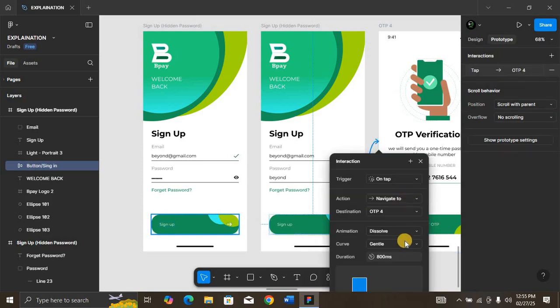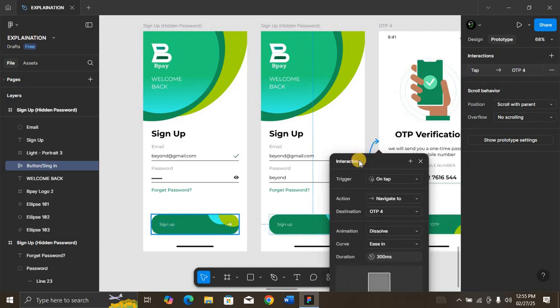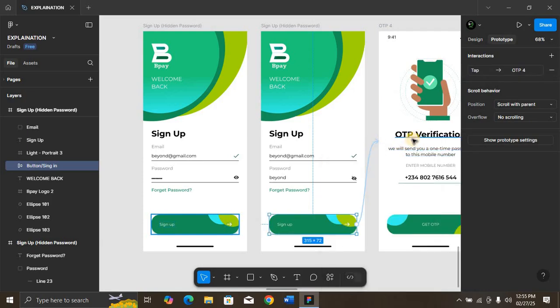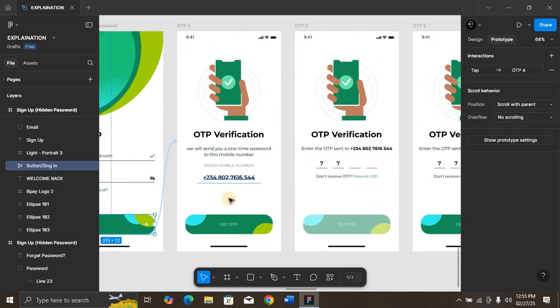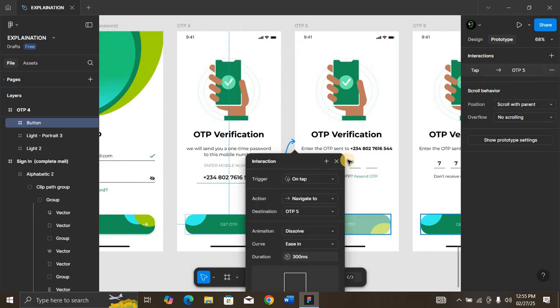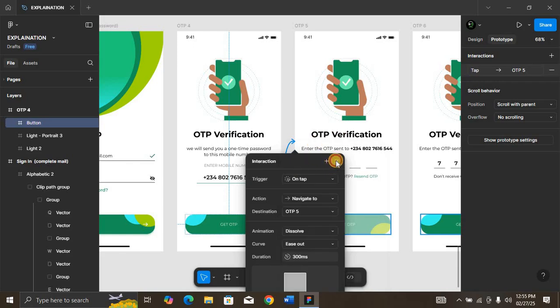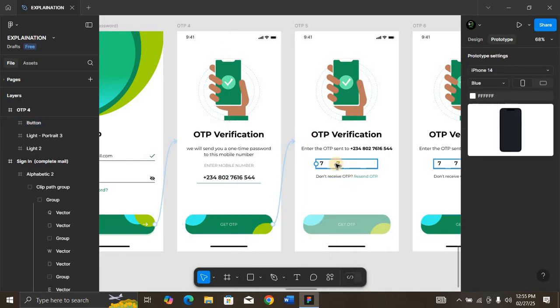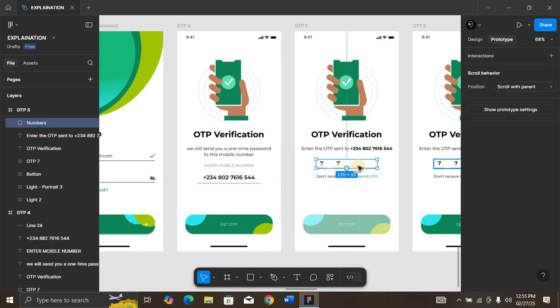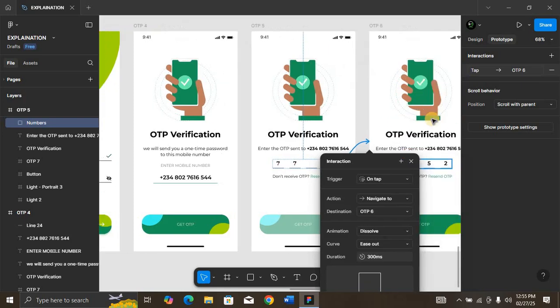We have this as dissolve, gentle. Let's take this to be ease. Okay, then we have the OTP screen. This will just display the person's password. The person clicks the button to get the OTP. So after getting the OTP, dissolve in, ease out. After dissolving to get the OTP, the person will always complete the password. Click on this particular piece. This will be the button